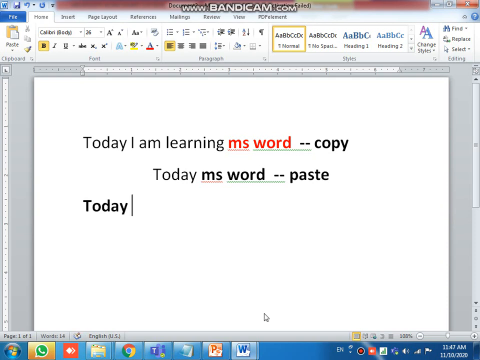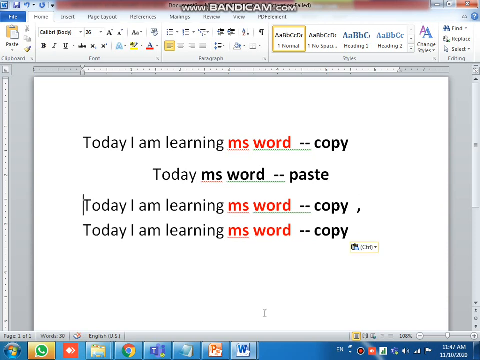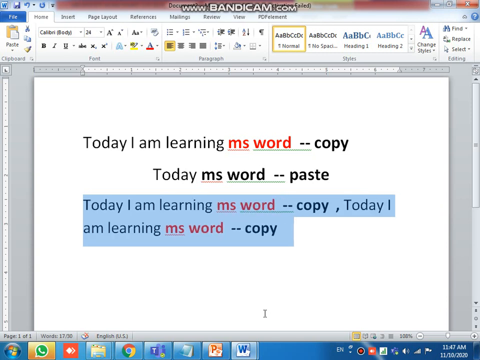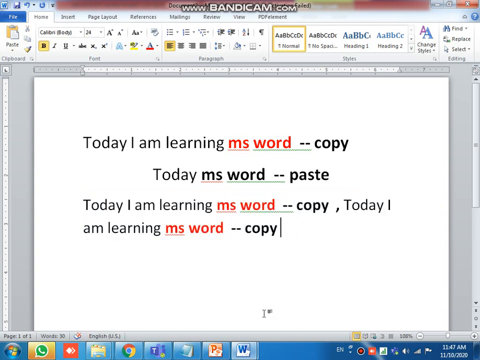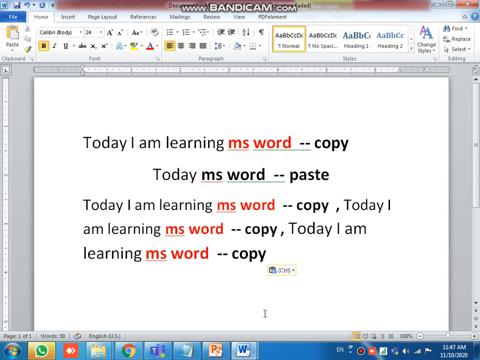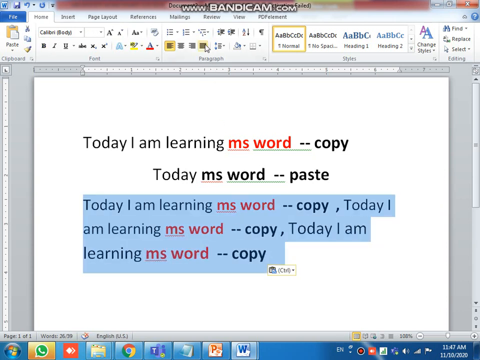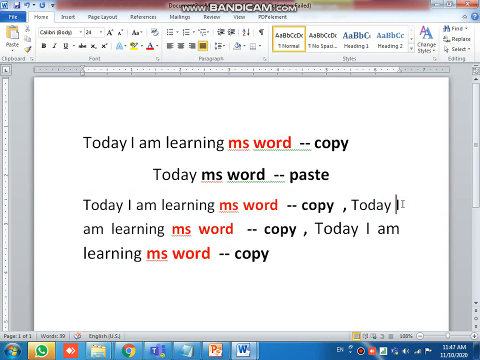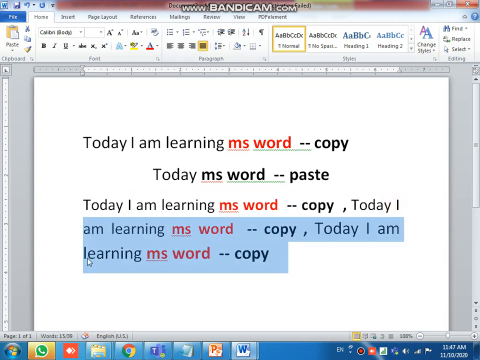So this I will copy here. I will show you. Copy, paste. Now I want to make it correctly justified, so we have to use justify. If you observe here, here and here, it is coming correctly. So this is the use of the justify.